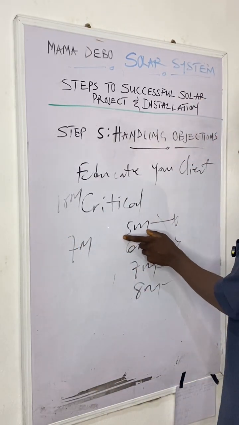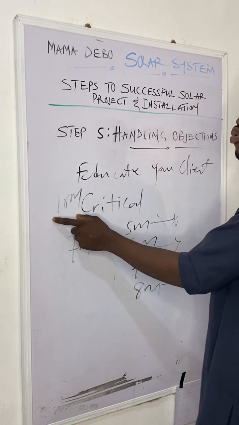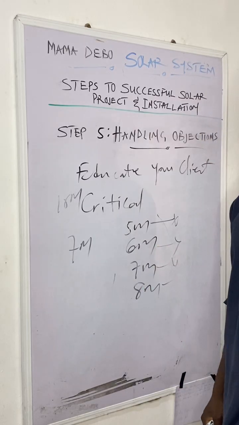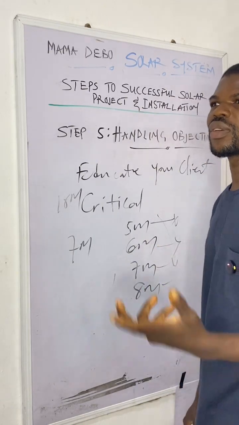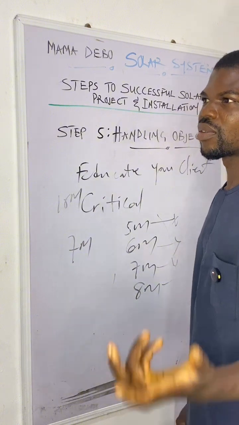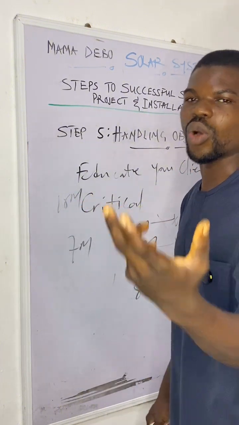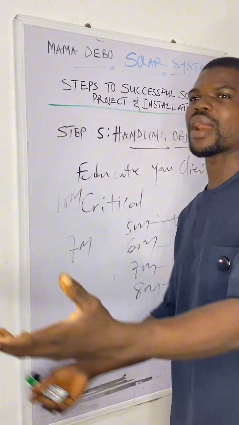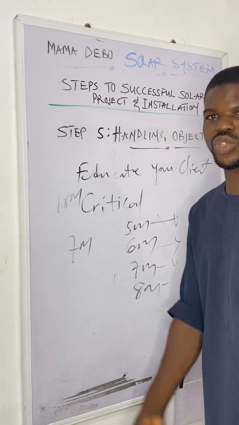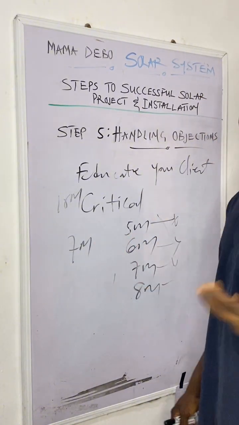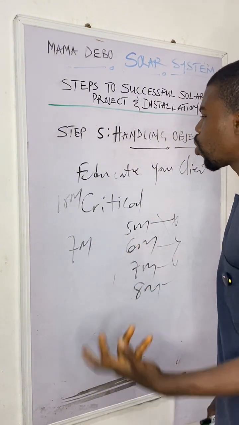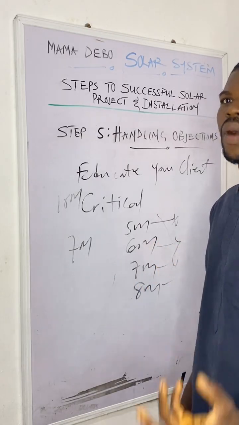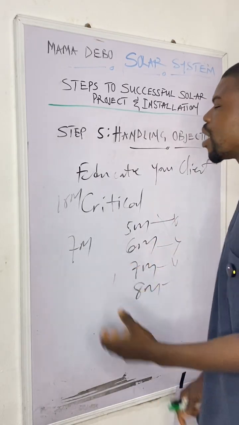So he has already learned something from this man that is unknown to you. So he will throw it to you that, okay, I heard that we can use DC surge instead of thunder arrestor. Or we can use thunder arrestor. Or what is the difference between the thunder arrestor and DC surge and AC surge? So he will be asking you all these questions. So now, it depends on how knowledgeable you are, how experienced you are, to be able to handle all